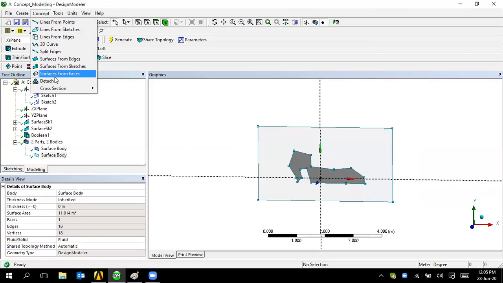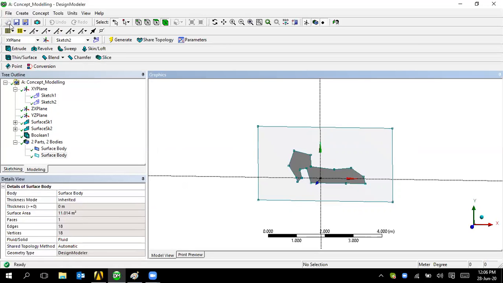Clear. So what next, sorry, the third option is surface from the faces. I forgot to tell you this thing. If you have any faces, from the faces you can create a surface. There is a huge difference between surface and face. Both don't have any thickness, but still there is a difference. You can google what the difference between surface and face is, but the only clue I can give is: a group of faces is a surface.